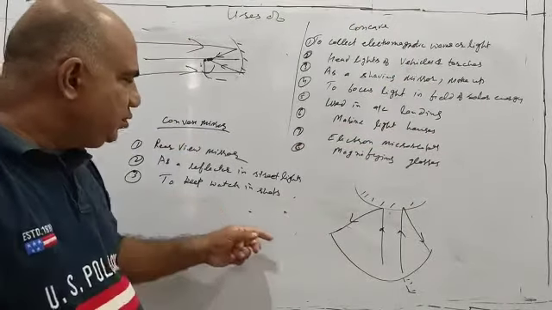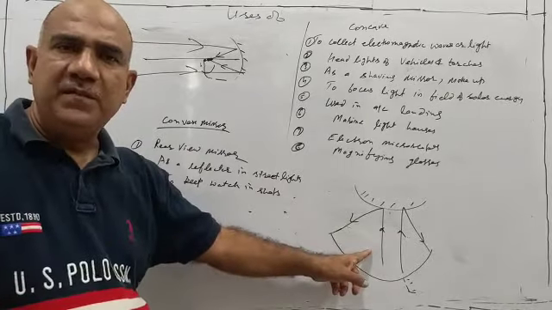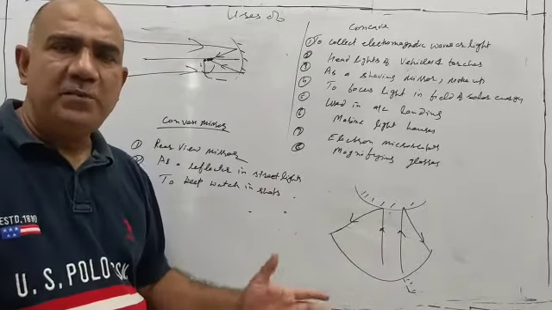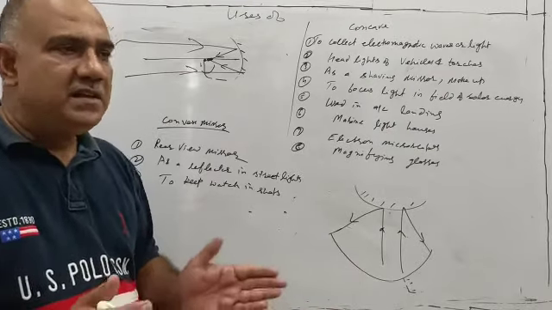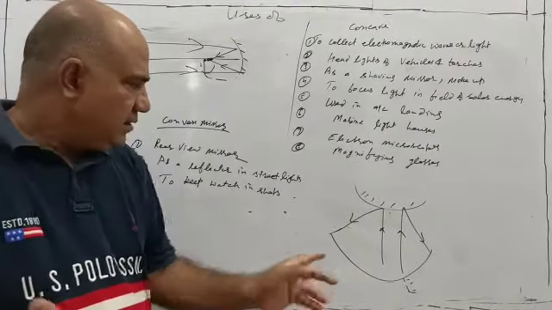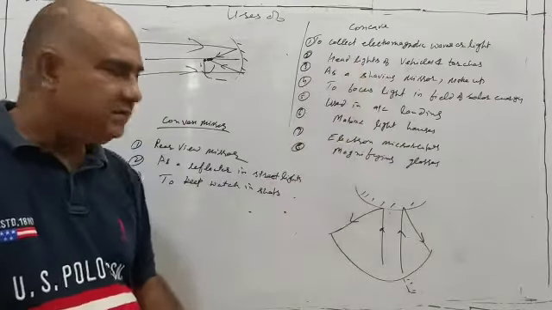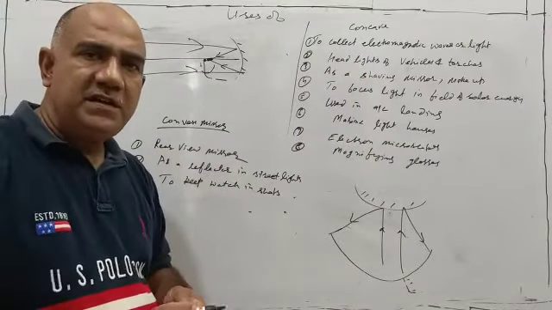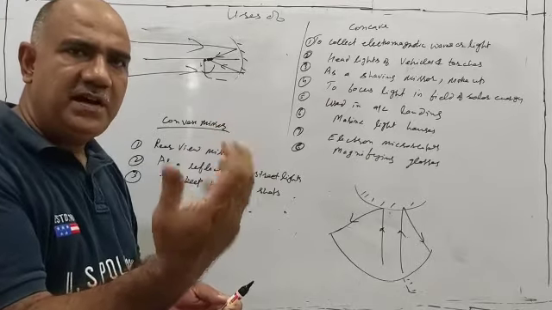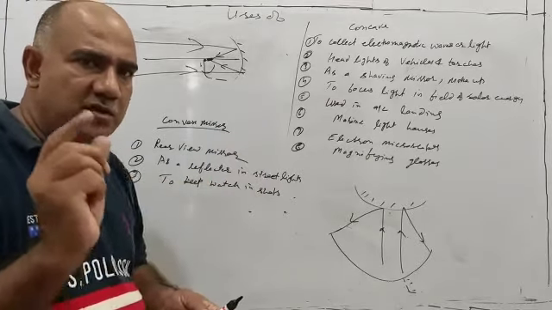To keep watch in shops, it is exactly working on the same principle. In a shop, or in a hotel or in a school, if you want to keep an eye on the activities, then this is able to show you a larger field of view. And another thing is the rear view mirror. In vehicles it is kept as a rear view mirror. There are two reasons for this.